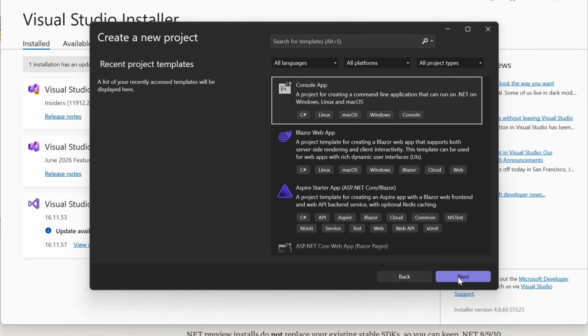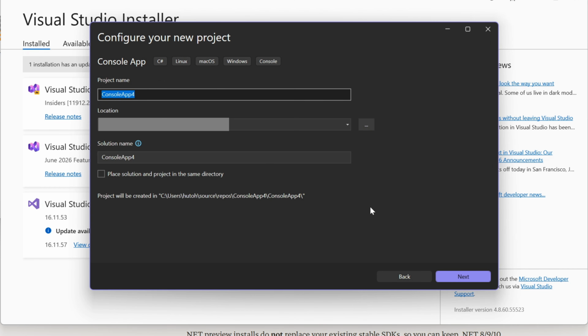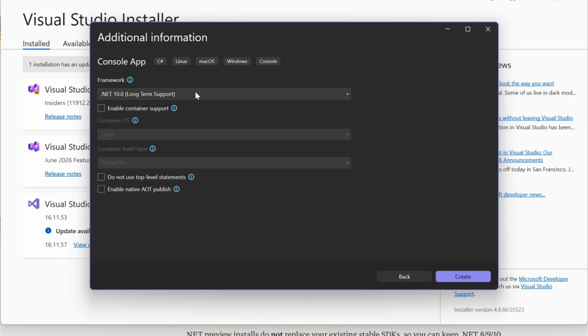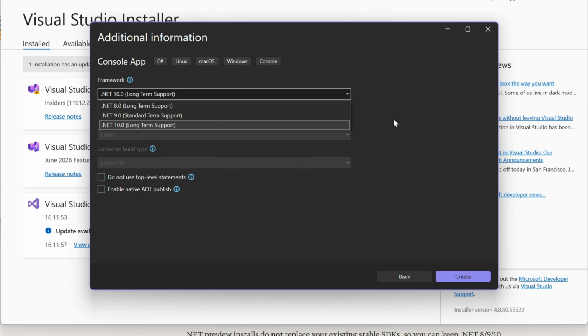Nothing really changes in this one. But if we go here and create some project, let's go a bit further, you can see we still don't have the .NET 11. So now we need to go to this website,